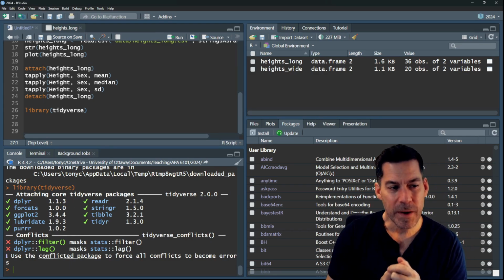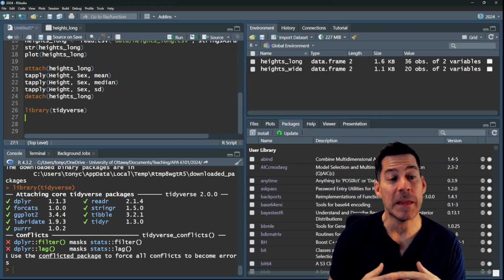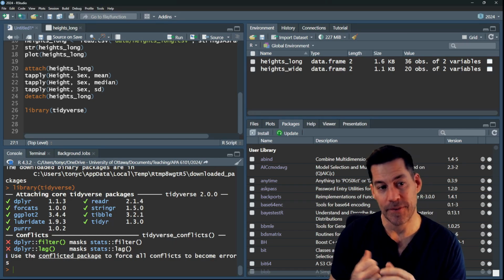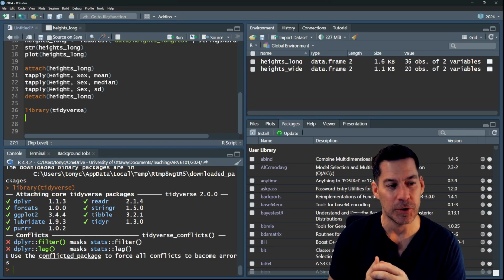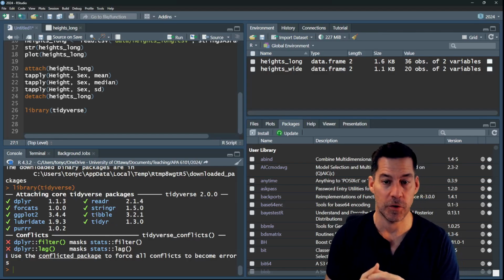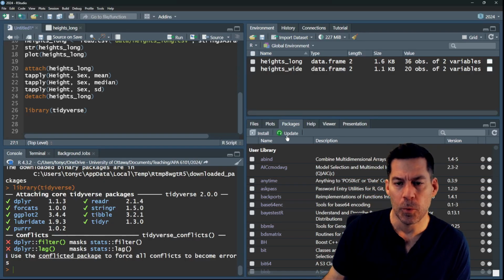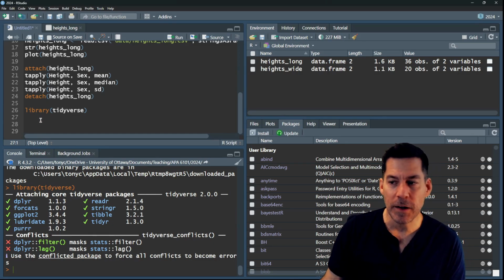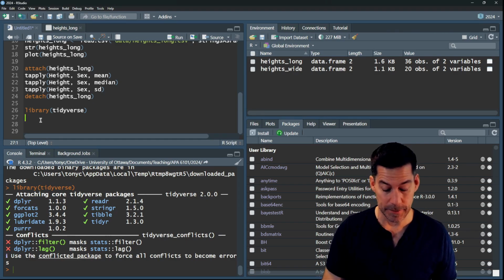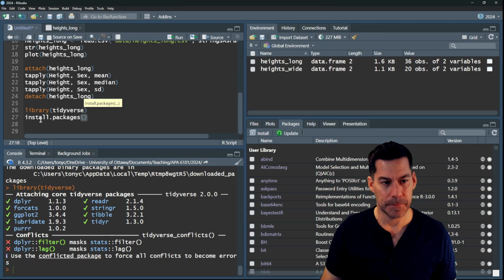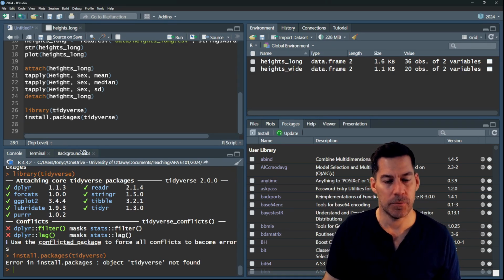Okay, so the reason I wanted to do this at this point is we're going to be using this tidyverse in the next step, but I also wanted to show you how to load new packages or to install new packages. So one of the ways, like I said, was to click on this package tab and hit install. If you want to, you could also just use a command, which would be install.packages and then the package name you want. So in this case, tidyverse. And I can hit enter, and